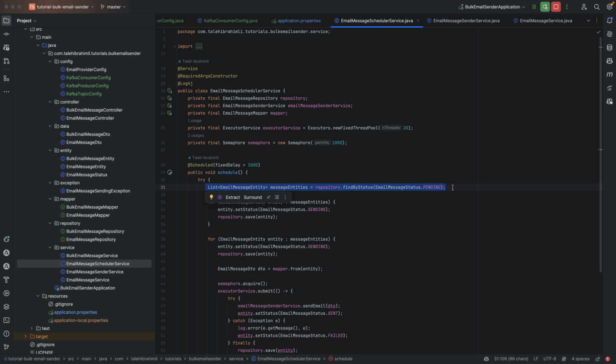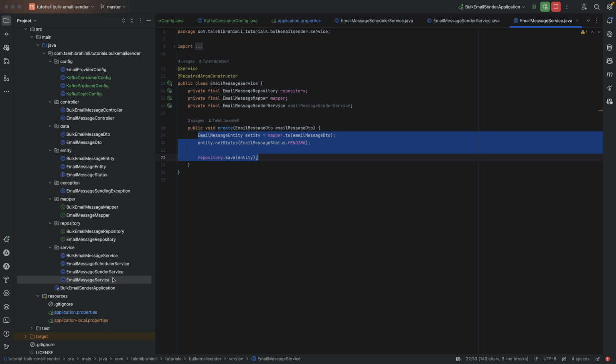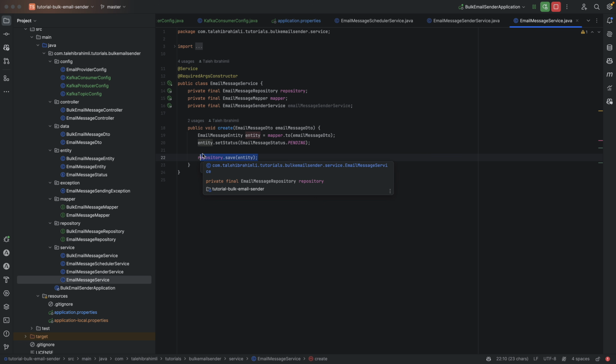If yes, it was taking the email message and sending it. And we are changing the mechanism. Instead of checking the database continuously, here in the email message service, we will send this entity, this data, to Kafka,